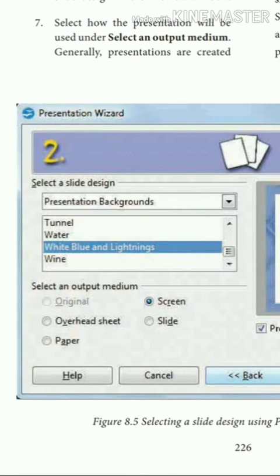Okay, and then you have to click this screen icon to change the screen settings, so that when to appear and where to appear can be displayed in this window. Okay, so